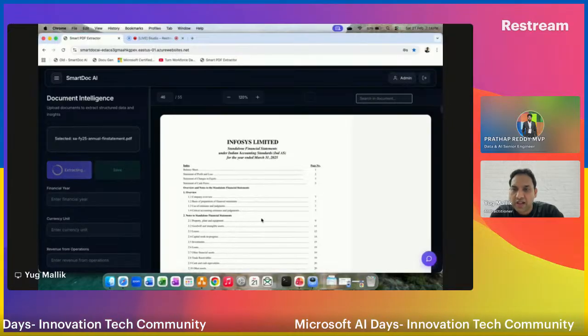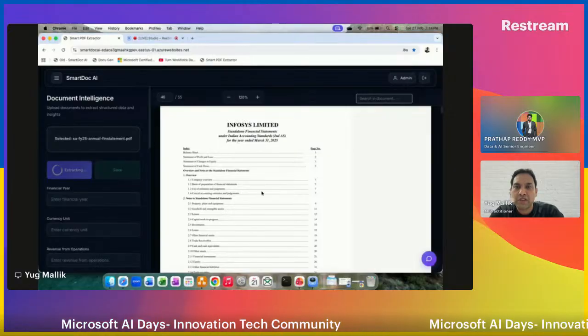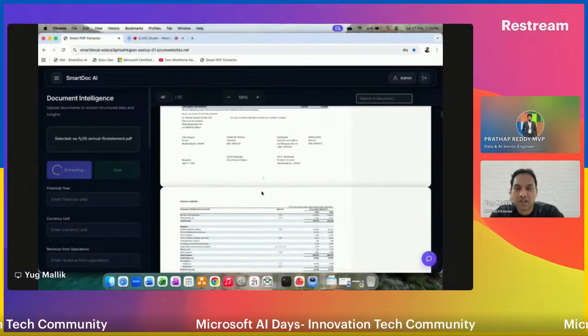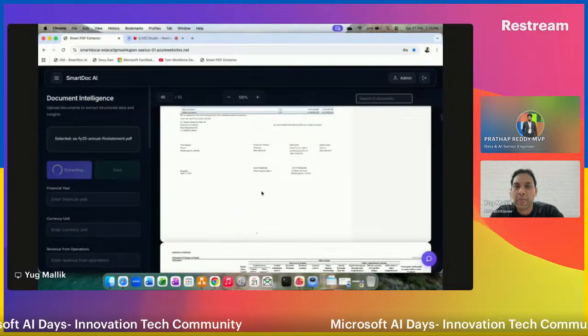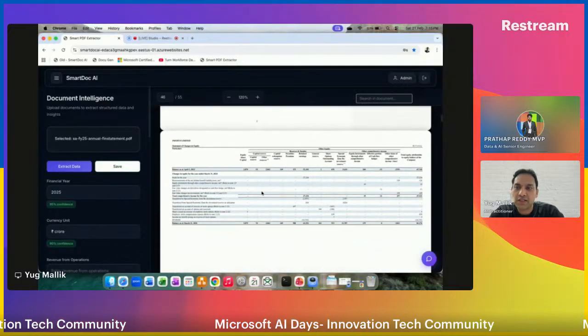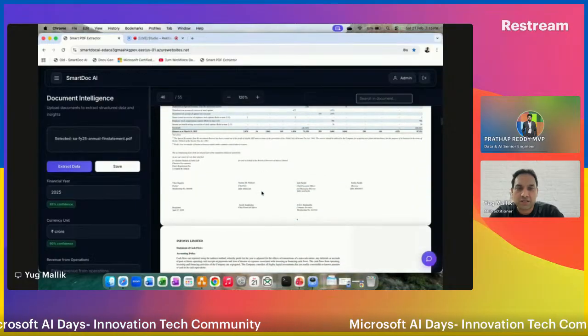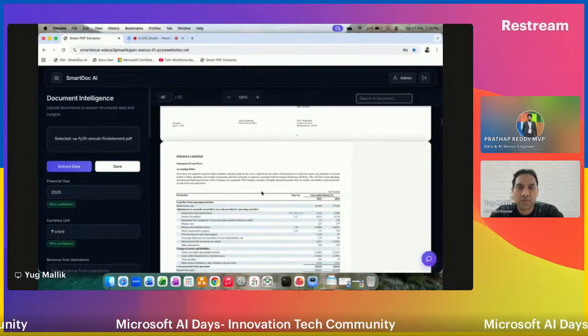Now, while it is extracting this information, if you see, this document is 55 pages, and it is a publicly available document. I just took this for demonstration purposes. It has all the financial details in tabular format, some in paragraphs, or here and there in the document.